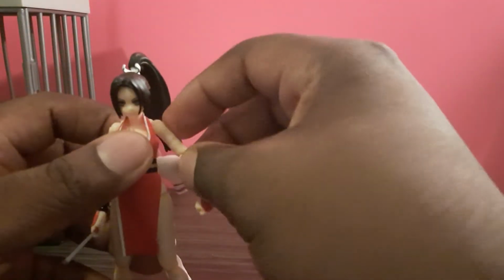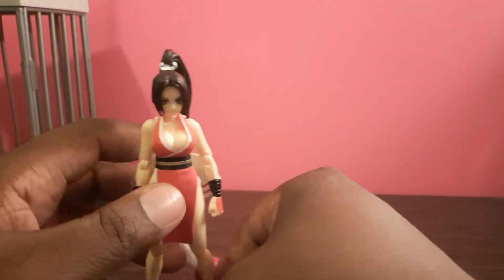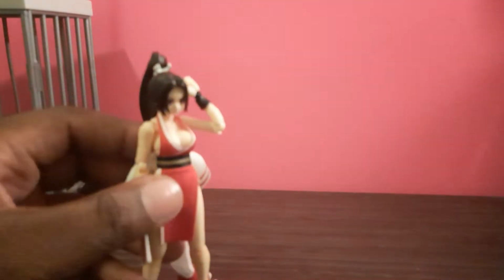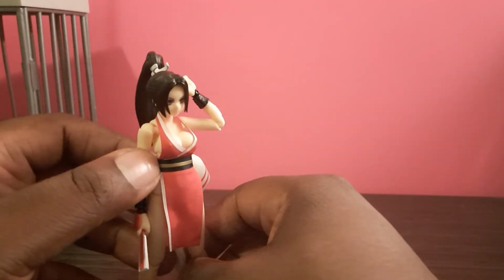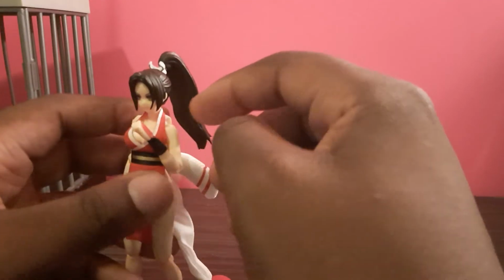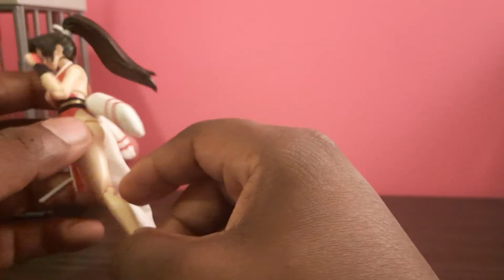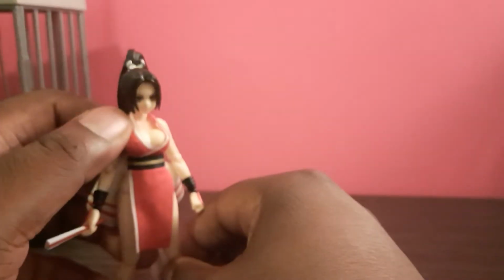But the good thing is, she utilizes Figma joints, or she's compatible with Figma joints. Which being said, if you break her arm, you can swap it out. Focus the camera. If you break her arm, you could swap it out with a simple small Figma joint, that being the shoulder, the elbow, the legs, or somehow if you manage to break this ball joint in the legs. Now, excuse me, I've got allergies going on, but other than that, yeah, great figure,